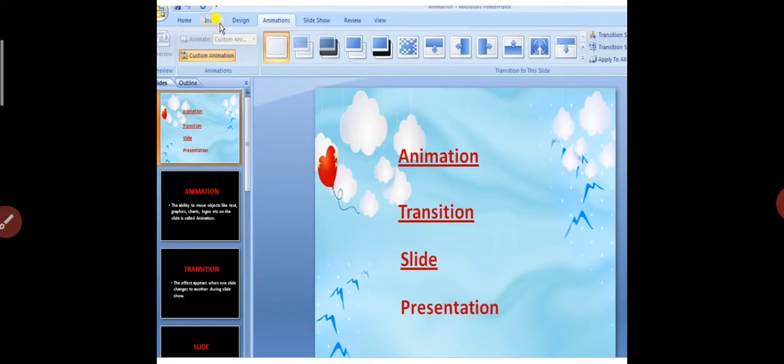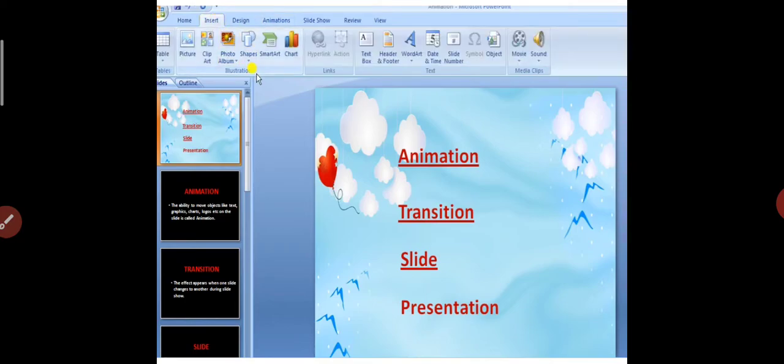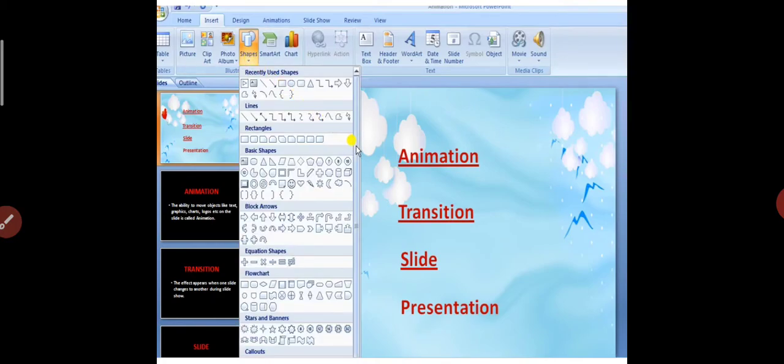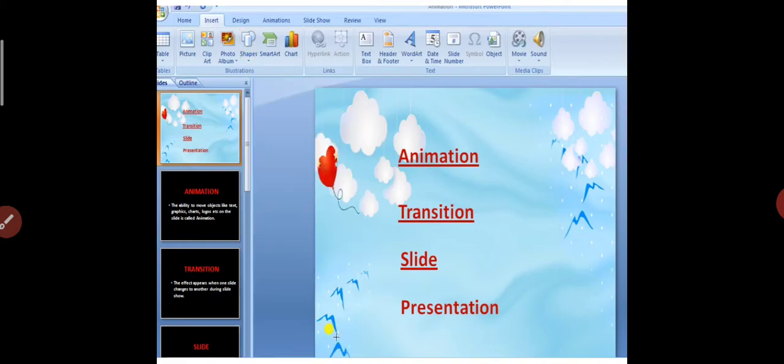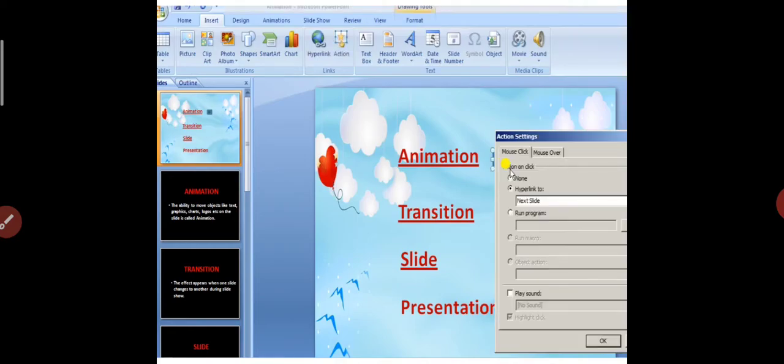In the first slide, let me insert an action button from the insert tab, shapes. See the steps? Insert tab, choose option shapes. Click on the down arrow. Different categories are there. The last category in the list is action buttons. You will get a list of action buttons there. Choose the particular one that you want to insert on your slide. So I chose one, and let me drag and place it there. Just drag means left mouse button down and move it.